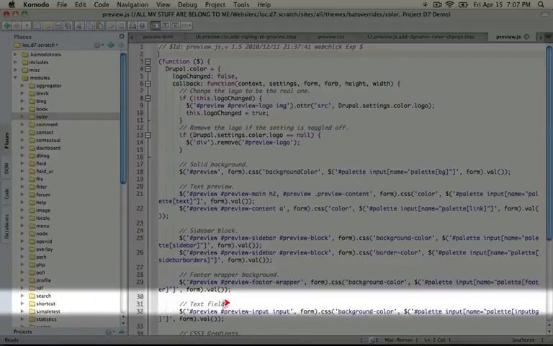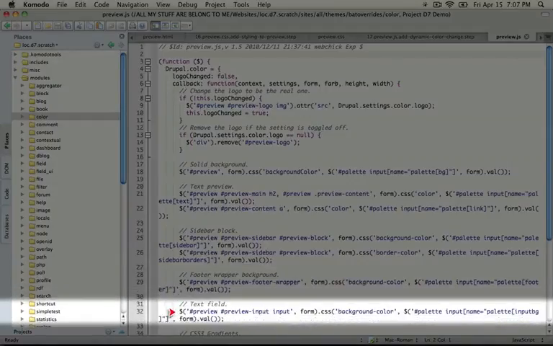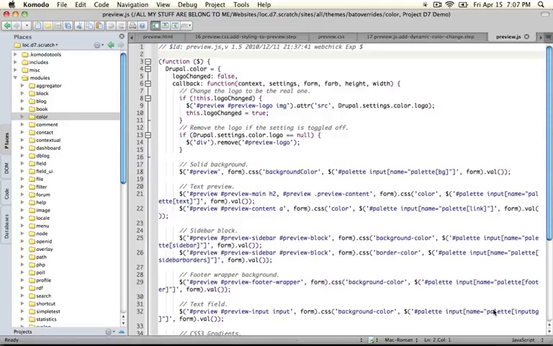It's right here under this text field comment. The first step is using a selector that identifies our particular input. So what we're doing is targeting the preview section, and inside of that, the preview input, and inside of that, the input. We are modifying the background color of this element, and then we need to grab that background color, and we're going to grab it from the palette section of the page, and the input, which is called input BG. And this line alone is enough to give us what we need in order to have a dynamic color change on that page for the input.